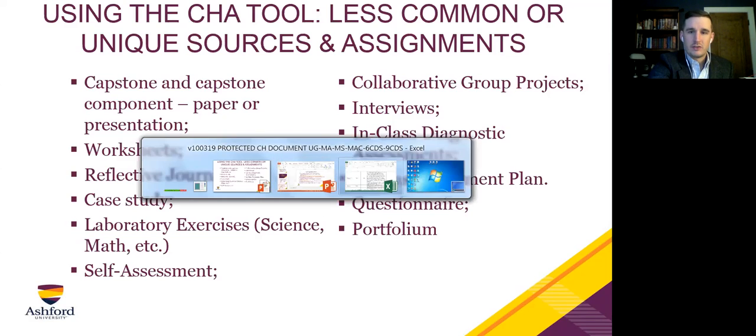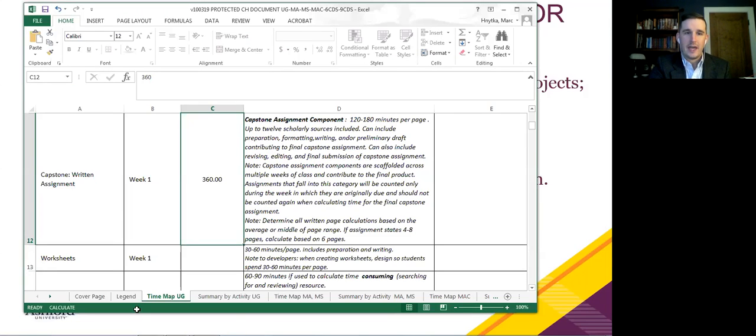So we're going to jump into the credit hour document, and we are going to talk about a capstone assignment in the form of a written assignment. In week 1, this is in cell 12 under the undergraduate map. We're going to be using the undergraduate 5-week map for this example, but this same item is in all of the different time map sheets. So a capstone component is when you spread out the capstone assignment over multiple weeks, and you might have the students, in this case in week 1,